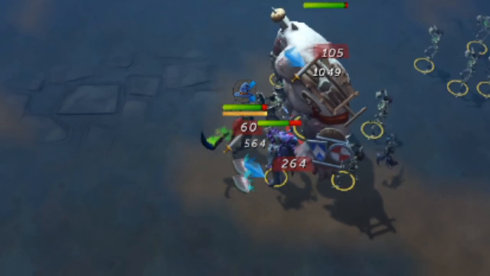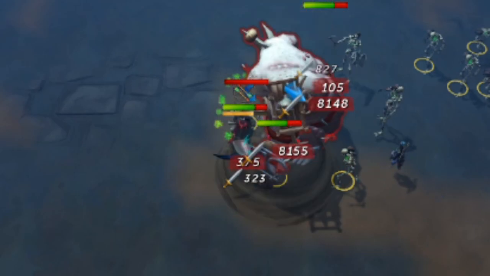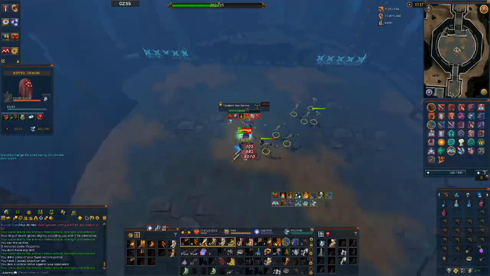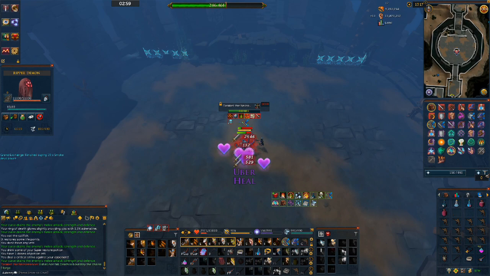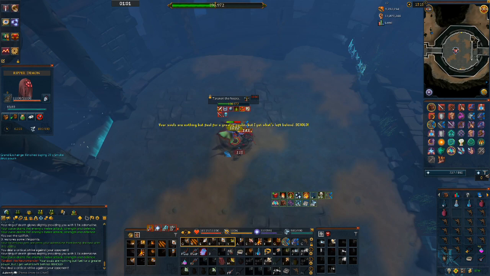Mechanic number 2, Taraket will spawn a Death Swiftness Cyclone around him. Just switch your prayer to range until it's gone and then back to magic, no problems. Taraket can also heal from any skeletons, so be conscious to kill them, but it's not the end of the world if you don't. When Taraket reaches 200k life points, he'll move to one side of the arena and summon